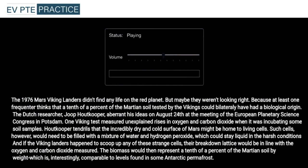The 1976 Mars Viking landers didn't find any life on the red planet, but maybe they weren't looking right, because at least one researcher thinks that 0.1% of the Martian soil tested by the Vikings could actually have had a biological origin. The Dutch researcher Joop Houtkoper presented his ideas on August 24th at the meeting of the European Planetary Science Congress in Potsdam. One Viking test measured unexplained rises in oxygen and carbon dioxide when it was incubating some